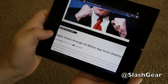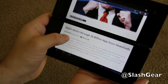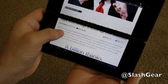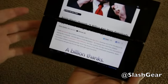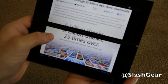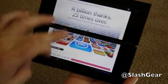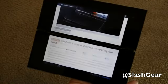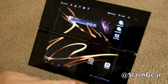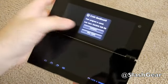You know, Apple blasts through 25 billion, and as you scroll, you see it instantly appears above the bezel, so they've done a good job with the bezel, but you won't actually miss words because of the bezel. But I don't know if you can see that on video too well, but it does kind of cut into it a little bit. See, you don't really actually miss any of the words. So the way the bezel works, obviously we wish there was not a bezel between them, but you can only get so much. But let's see here, Crash Bandicoot, bunch of Sony PlayStation certified games, of course,